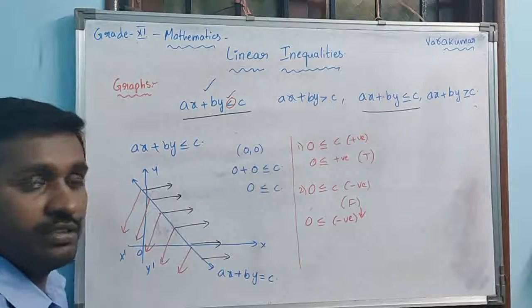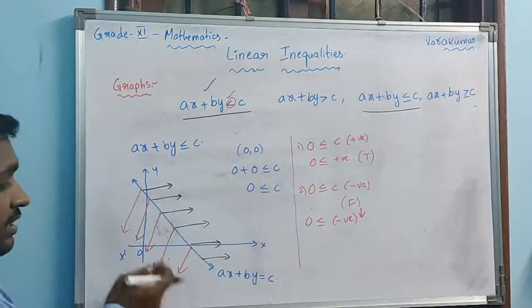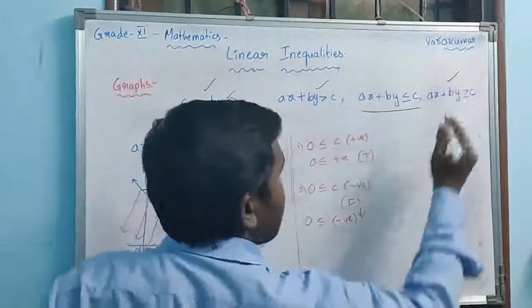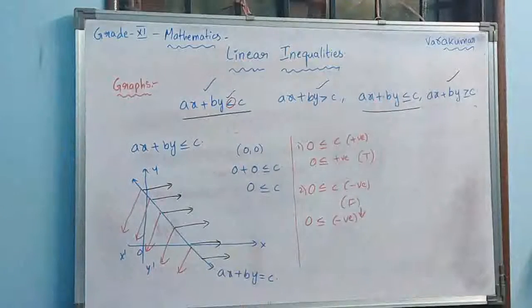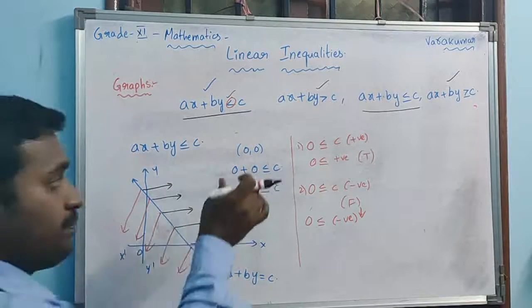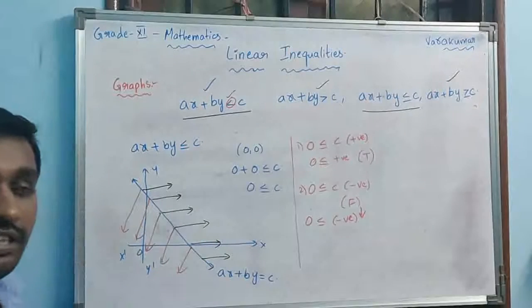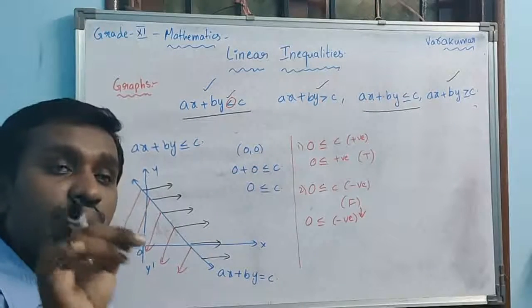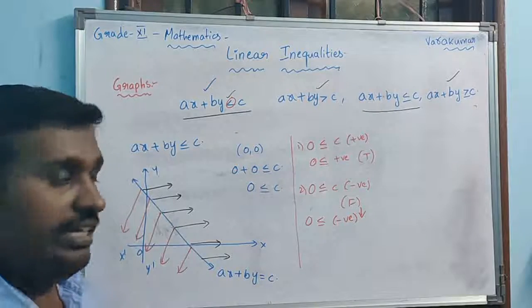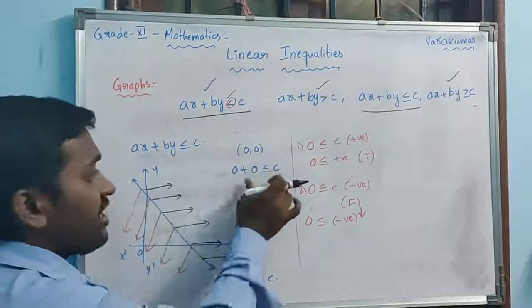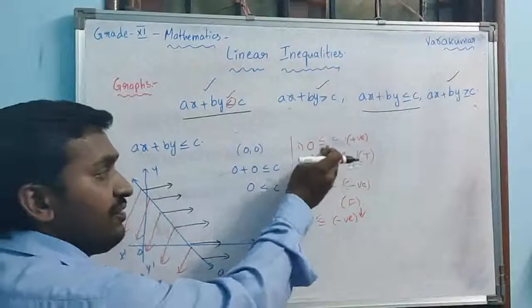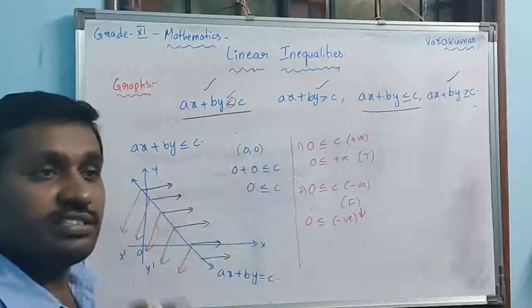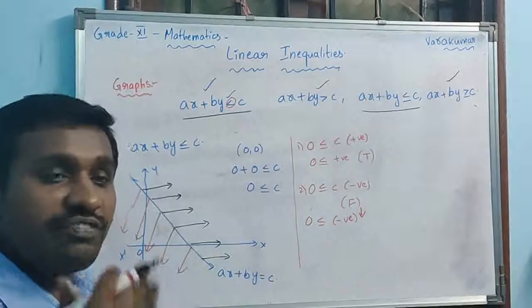Away from the origin. Right. Now, see, other cases greater than c, greater than or equal to c also the same cases. Same cases will be possible. If substitute, first you have to draw that, then you have to check it out 0, 0 whether it is in the solution set or not. Right. Now 0, 0 when you are substituted, if the inequation is true, then we have to shade towards the origin. If it is false, away from the origin.